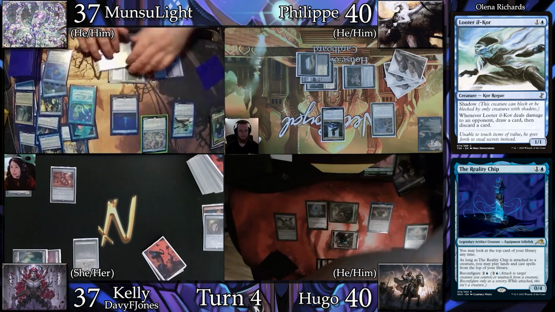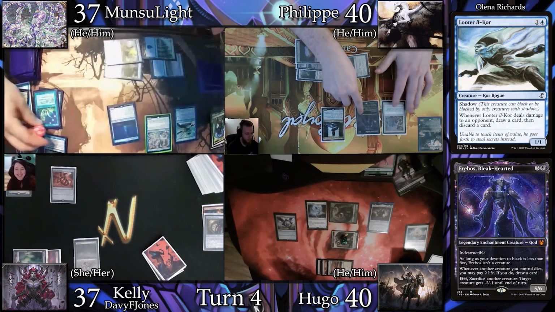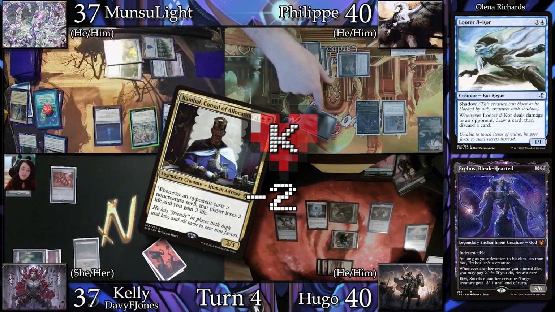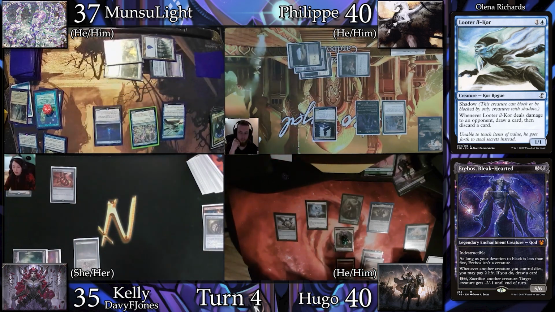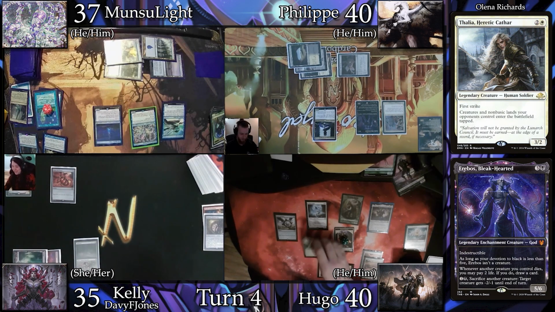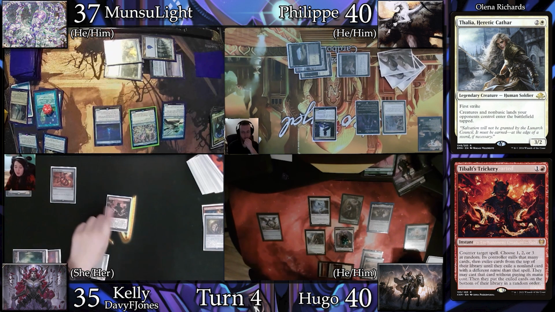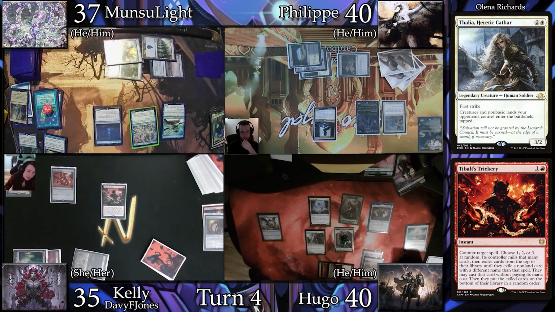On my turn, I cast Erebos Bleak-Hearted. I go to combat and send Kambal to Kelly. I miss my land drop and pass. Hugo land drops a Plains and casts Talia Heretic Cathar. Kelly, not so down on the idea that her hasty commander would come in tapped, reacts with Tibalt's Trickery. Hugo mills 3 and reveals...